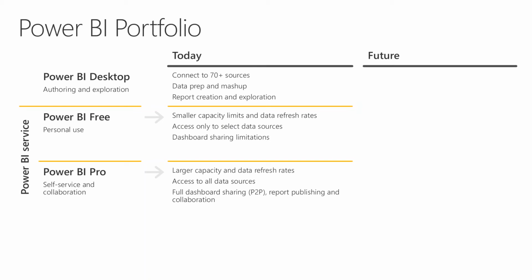You've got Power BI Desktop, which is the authoring and publishing tool that runs on your local machine. Many of you probably already have Power BI Desktop downloaded. You can go download it today for free, whether you're a Microsoft customer or not. You go to powerbi.com, go to products, go to Power BI Desktop, click the download button, and you get Power BI Desktop.